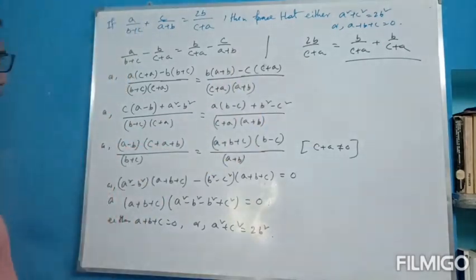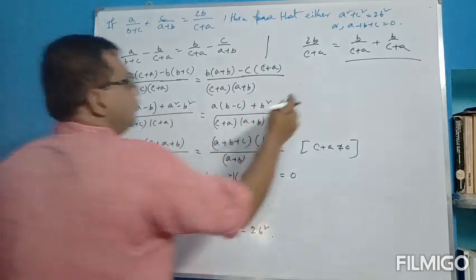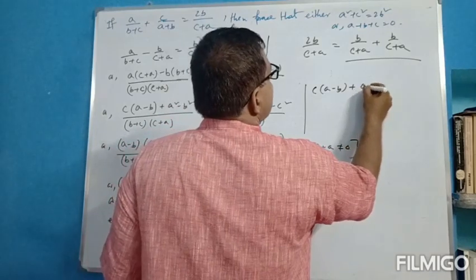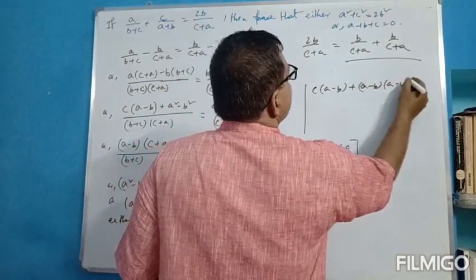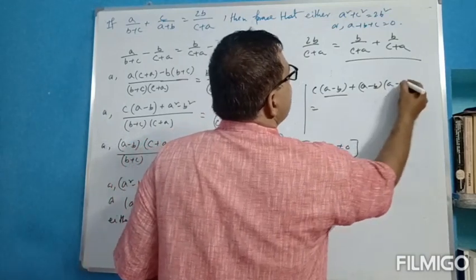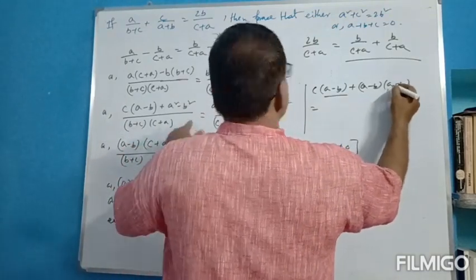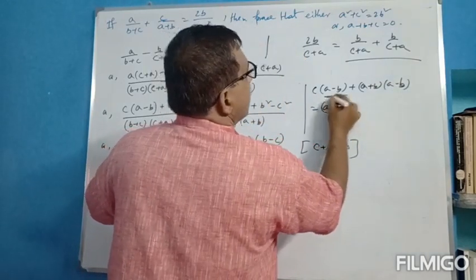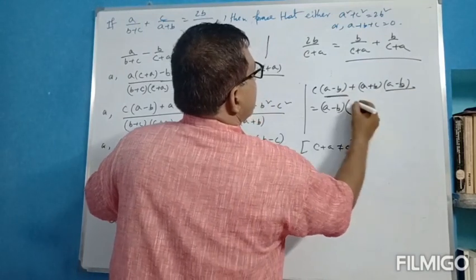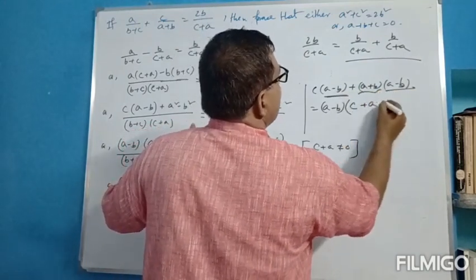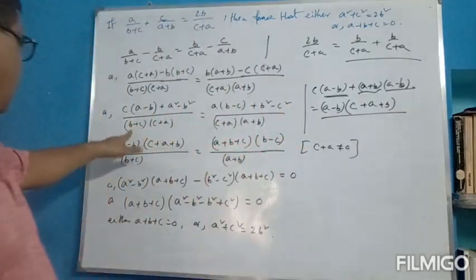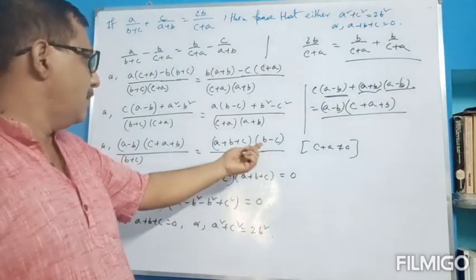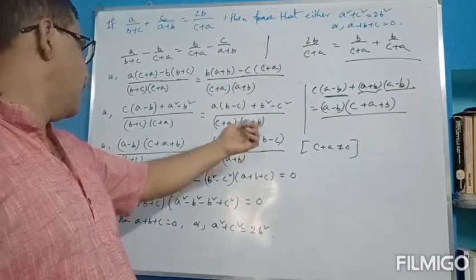Now this can be written as a plus b into just one thing, c into a minus b plus a square minus b square, that means a minus b into a minus c. Now if we take common a minus b, a square minus b square, a plus b into a minus c. Now a minus b is common to both. So from this we get c, from this a plus b. So a minus b into c plus a plus b. Right hand side also same, b minus c is common, then we get a plus b plus c.